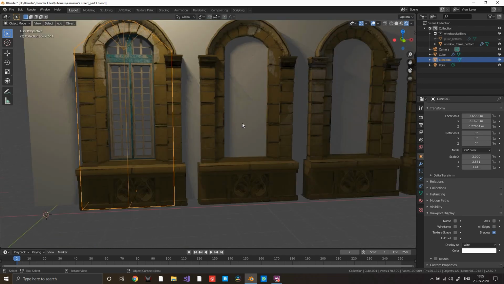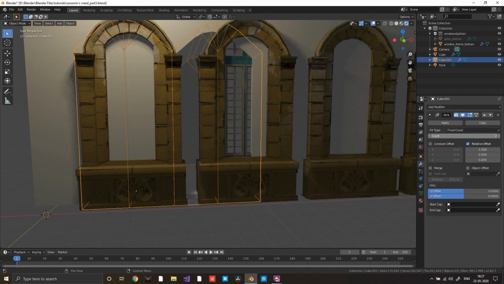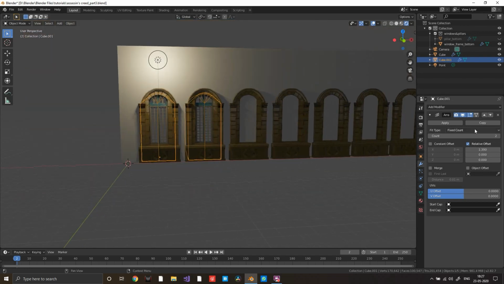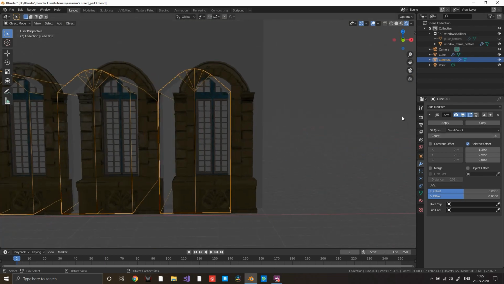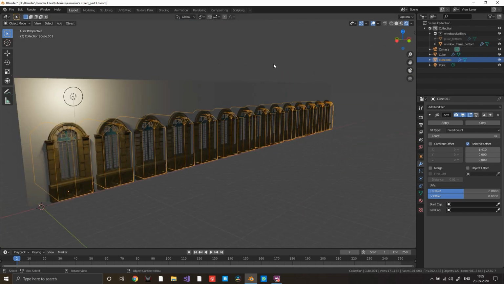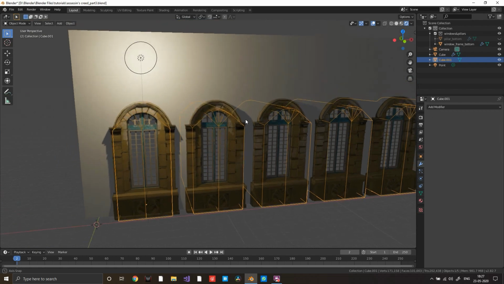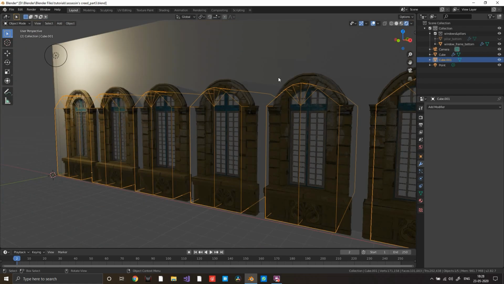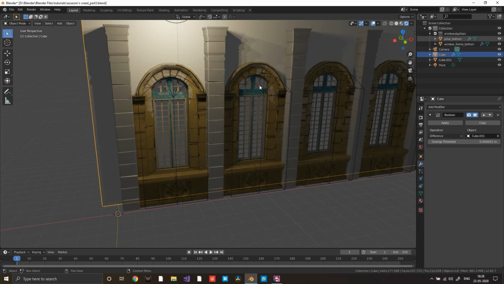Now what you can do is use an array modifier anyway and just set the offset, right? Okay, I'm gonna create 14 of these and I'm just gonna adjust the offset at the right place. And now that I've done that, I'll just apply this array modifier, and oh, look at that. It works. Alright. That's good. And I'm gonna bring back the pillars,